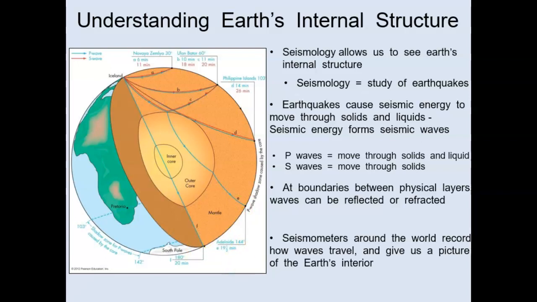So in the example, the P waves, as you're seeing here, are blue, and then the S waves, as you're seeing here, are red or kind of pinkish. So for just a few observations that we can make. As you can see, the closer recording stations to the earthquake site, the less time that it takes for the waves to get there, right? So earthquake happened in Iceland, and Novaya Zemlya and Ulaanbaatar see the waves arriving at 6 minutes, 11 minutes, 10 minutes, 18 minutes, as opposed to all the way to 19 minutes, for example, here in Adelaide. So that's one observation to make. The less time it takes for the waves to get there if the station is closer to the earthquake site,